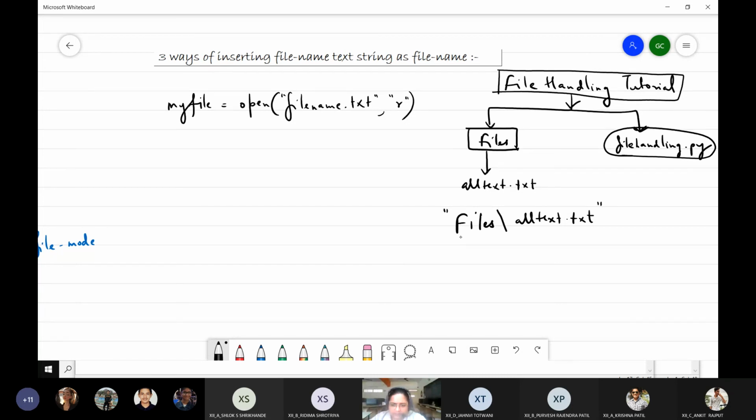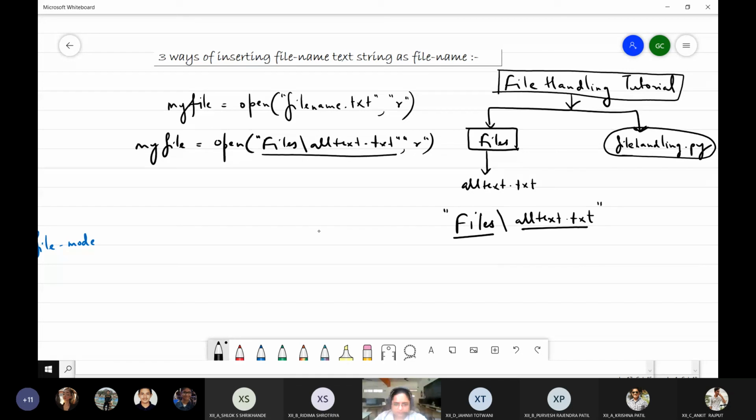Inside this same folder there is a folder files, inside which is your file, that is all text.txt. That means I need to write my statement like this: files, all text.txt, and r. This is how I should write the file, right?